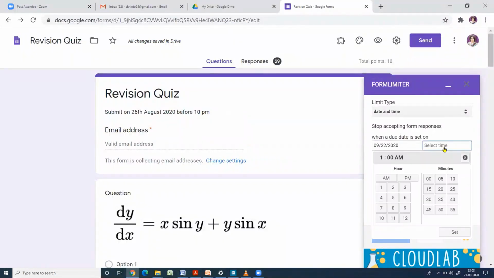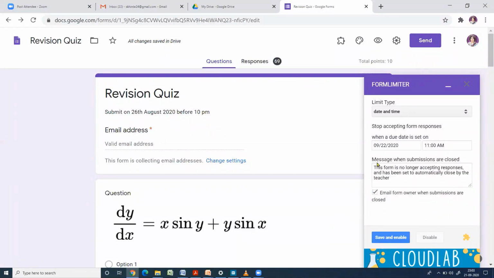Select time. If you want to conduct the test for 1 hour, say the test is from 10 to 11. So due date and due time is 11 AM. So I will select here 11 AM and click on set.